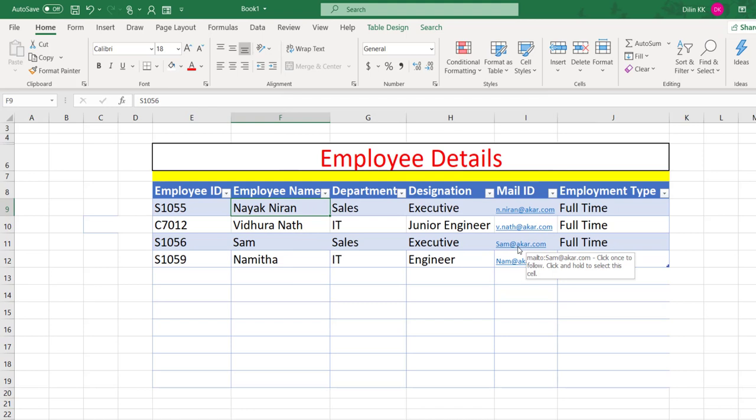Okay, we discussed how to use forms in Excel for entering, deleting or searching data in an easy manner, and also how to add Form in this tab area and also in the quick access toolbar. I hope you got some idea about this.